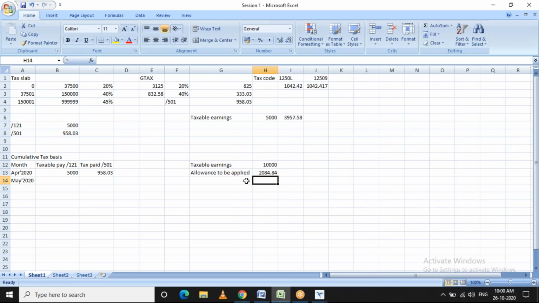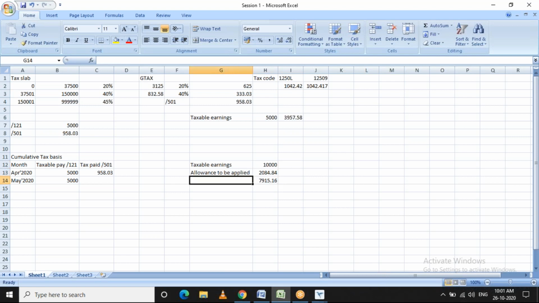So now the taxable earnings post the allowance will be this much. Basically, it's cumulated as 10,000 pounds, and the allowance based on the tax code 1250L, which is 1042, for 2 periods is added twice, and then the allowance is deducted from the taxable earnings.